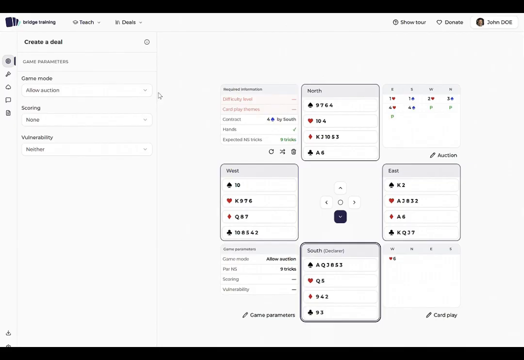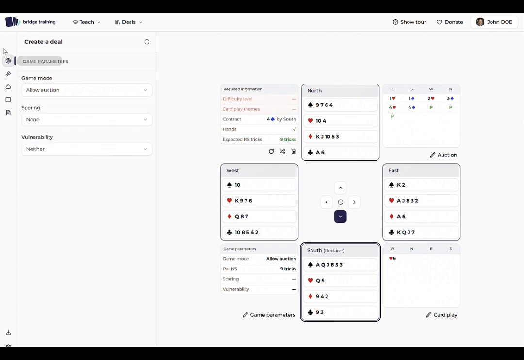The first step is to enter the four hands. You can also set the vulnerability and the scoring method if that is useful for your teaching objective. A very useful setting is the play mode. You can ask your students to reproduce a specific bidding sequence, but you can also choose from many teaching variations. For example, it is possible to directly show the sequence to play in mini bridge or even in petit bridge for children. In its 10-card version,